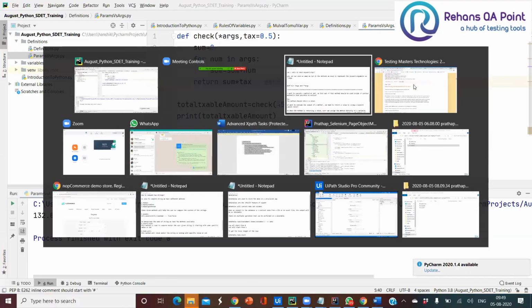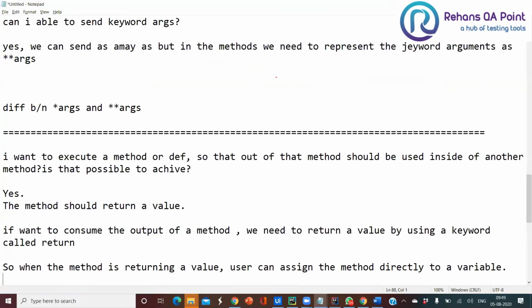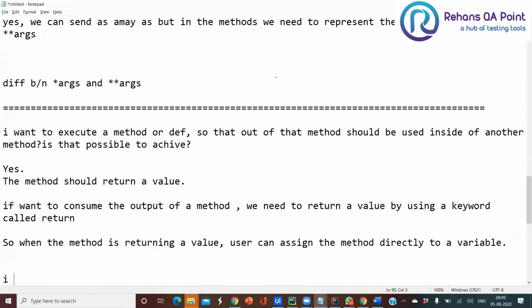So I have one more question in my mind. I want to access a variable that is available inside a method.